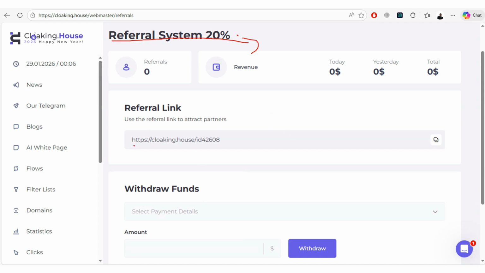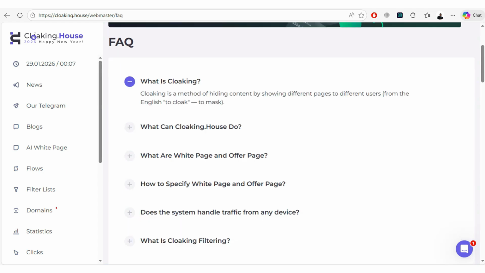Right, so if you do want to try their service, and they buy some of the packages, then I'll be rewarded for that. So in order to understand more about Cloaking House, they do have an FAQ right here where